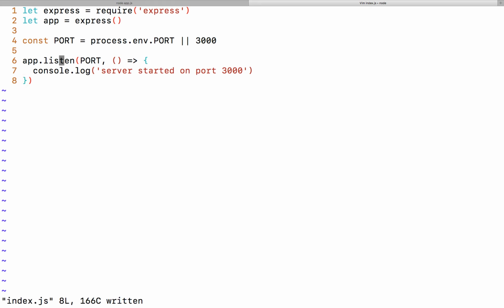And then we use the port right here. Another issue too is, see how I hard-coded 3000 in here? That's a lie, right? So we want to set that from a variable as well. That's duplication if we have 3000 here and 3000 there. So that's another reason why this variable is a good idea.